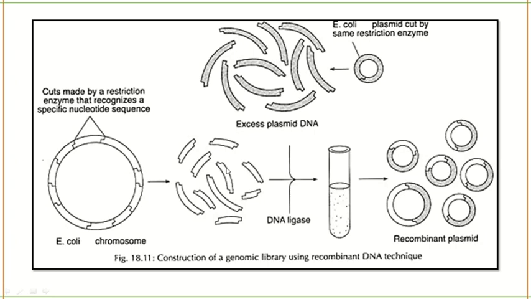Now we are going to ligate the genomic DNA fragments, which is our gene of interest, into the plasmid. And how do you ligate? Using the enzyme DNA ligase. You are going to use the enzyme DNA ligase for ligation of the restriction fragments and the plasmid. And as you ligate, we get the recombinant plasmid. Recombinant plasmid means it will have the combination of the plasmid and the genomic DNA fragments. So recombinant plasmid will be obtained as a result.